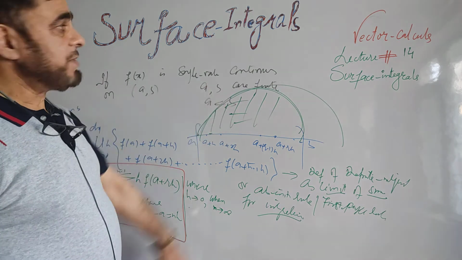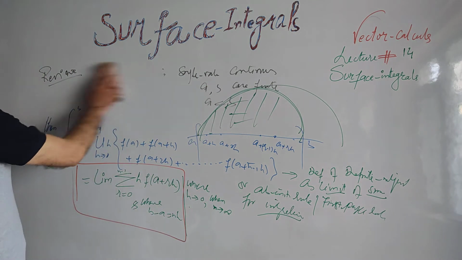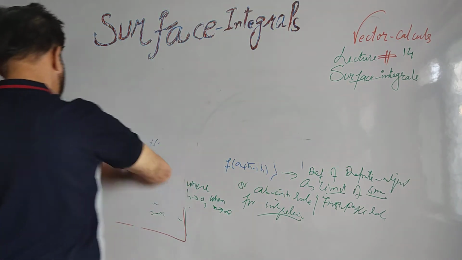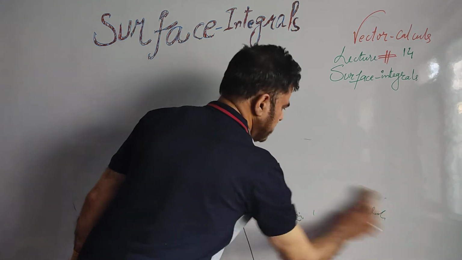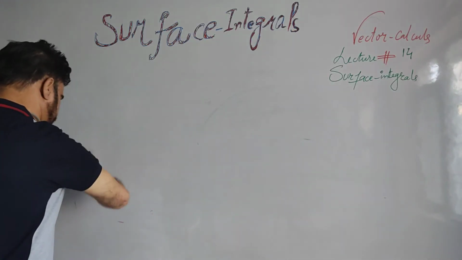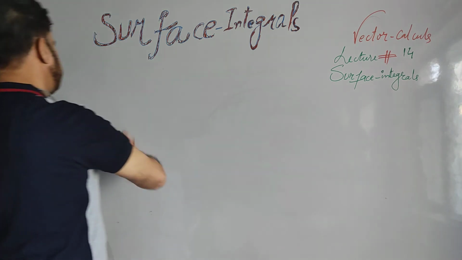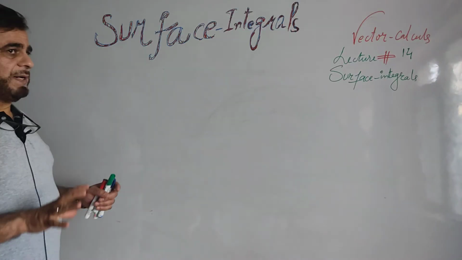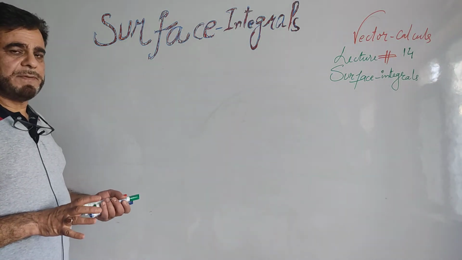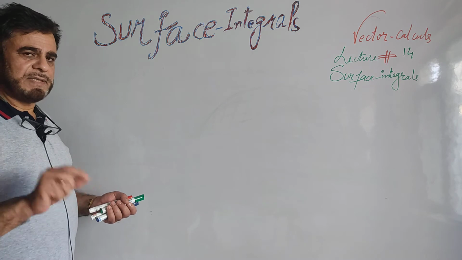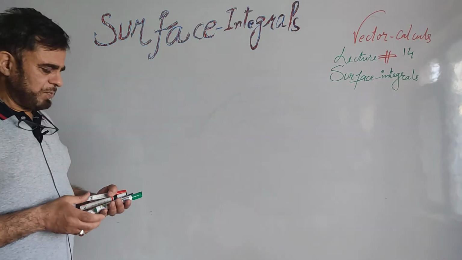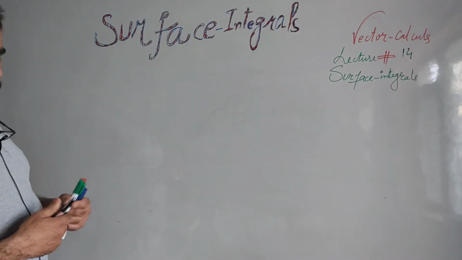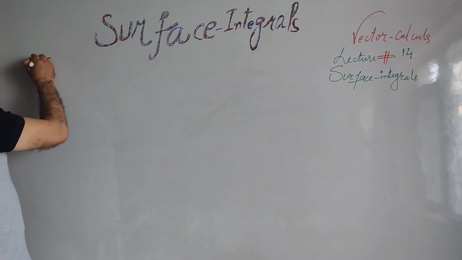Now let us go to our introduction of the surface integral. If you remember, in the case of the line integral, we defined it there. By line integral, we mean when we integrate a certain function along a curve, that is known as line integral. Now here it is simple. When we evaluate this integral over a surface, that will be called surface integral. Its definition: